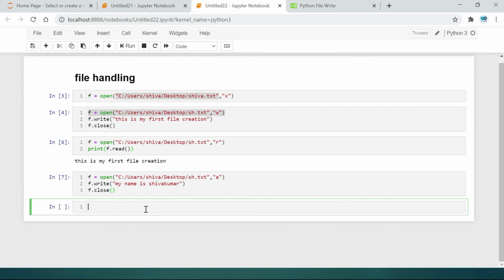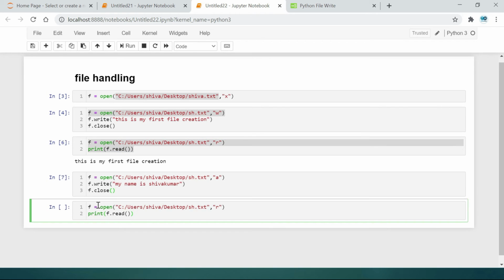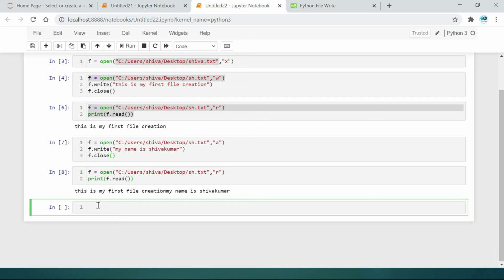Here I want to see whether it will be appended or not. Let's check by using this, copy and paste and run it. Here we go.